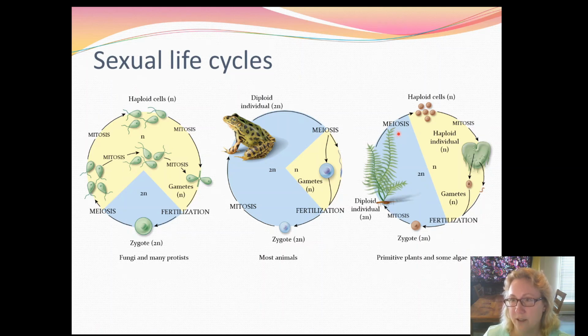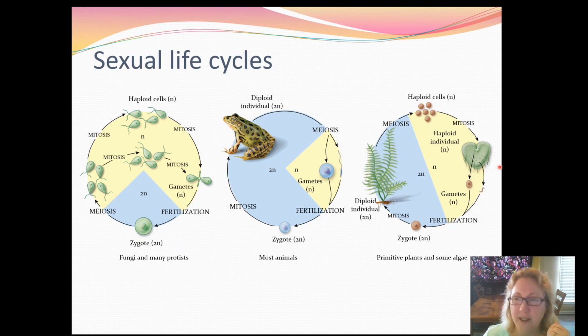haploid cells form. So if you've ever looked at the back of a fern leaf and you see those little brown spore-producing circles on the underside of the leaf, those are the cells that are produced by meiosis. They are haploid, but they're not gametes. Instead, they drop into the soil and form a little haploid leaf, the little haploid individual, and then this little haploid individual then produces the gametes. And fertilization occurs, and then the zygote forms the adult. This is an alternation of